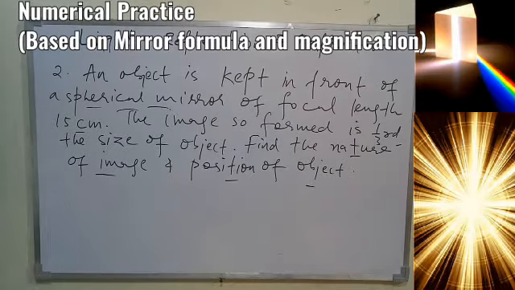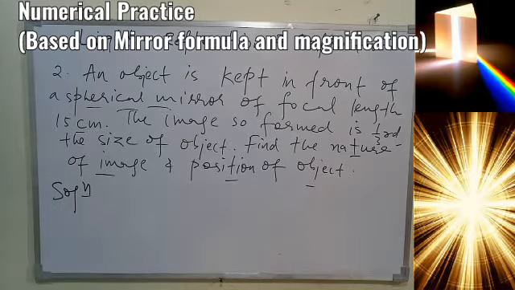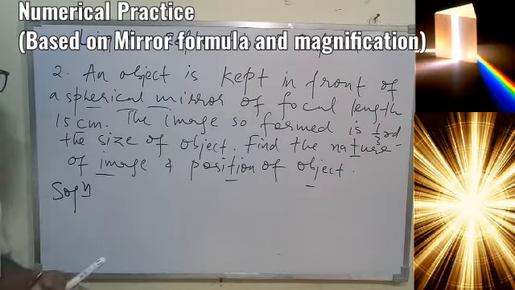So in that case we have to go for both the cases. That is, the mirror can be concave, the mirror can be convex, and accordingly two different answers will come depending upon which type of mirror we have taken. So let's start now. I'm repeating again, since it is not clear, and even it is not given here whether the image is real or virtual.